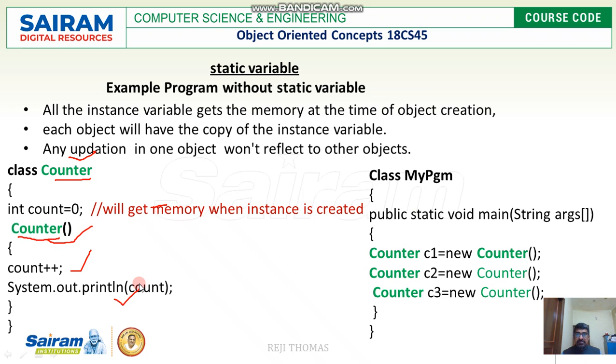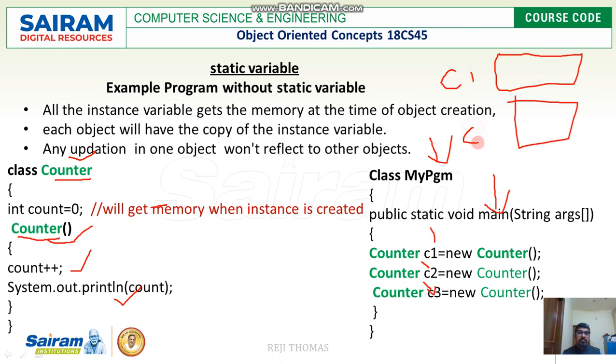That's it. Okay. Now let us see my next class, where I've named the class as my PGM, or my program. This is the class where I've got my main method. Inside this, I'm creating three objects. Look at this. I've created three objects. So what did I say? Every object will have its own space in the memory. So please remember it. This is going to be my c1, this is going to be my c2, and this is going to be my c3.